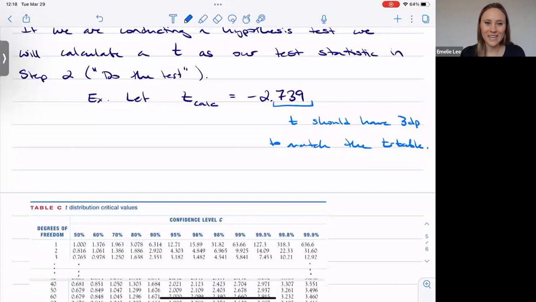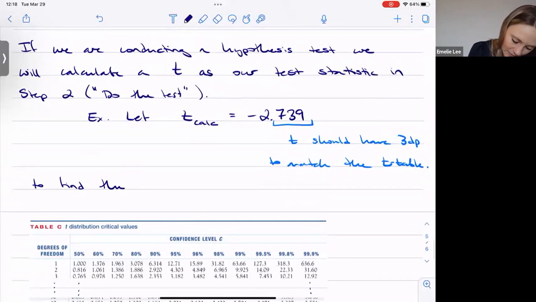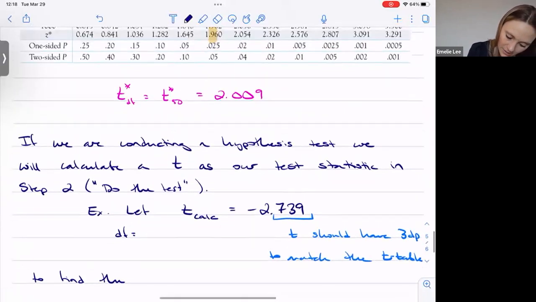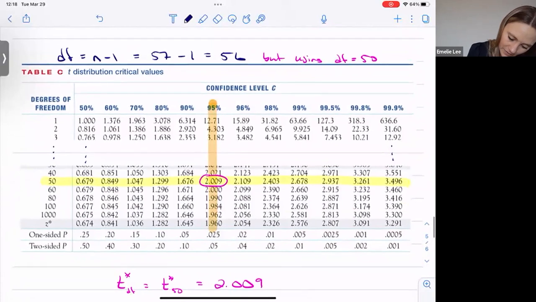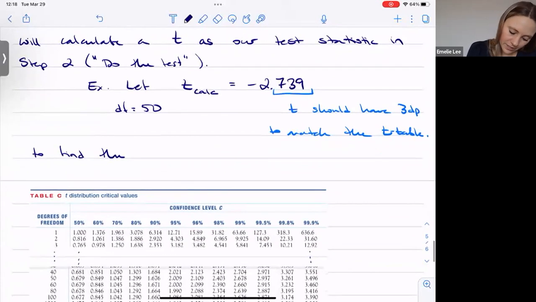Okay, so the t calculated is negative 2.739, which means that I need to take the absolute value. Let's let the degrees of freedom be 50, to find, let's say, the one-sided p-value,